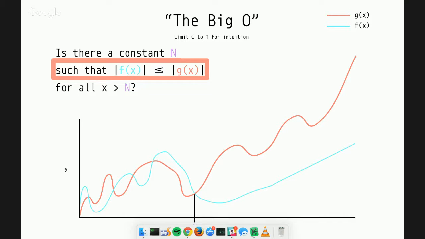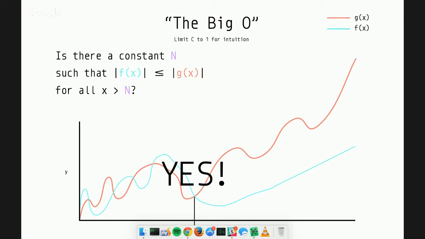And these absolute value things here are basically just to account for what if f of x was negative, like completely negative. It's still sort of growing quickly. It's just growing downwards, and we want to account for that. Although it doesn't necessarily matter in the context of computer science, so you can not even worry about the absolute value and just think about it this way. But anyway, we can see that g of x clearly at some point grows more quickly than f of x, which is exactly what we want.